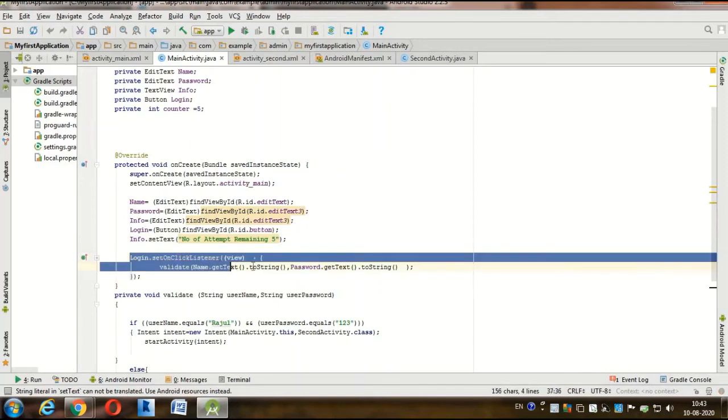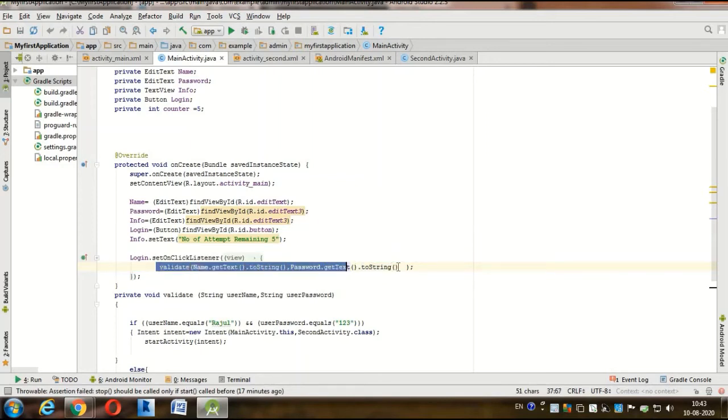Here login.setOnClickListener view. This checks the validation of the entry.